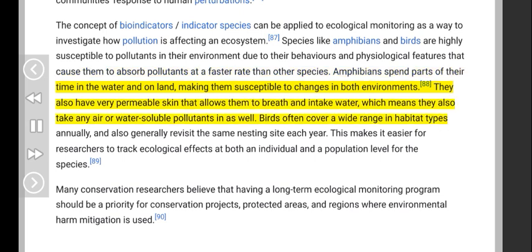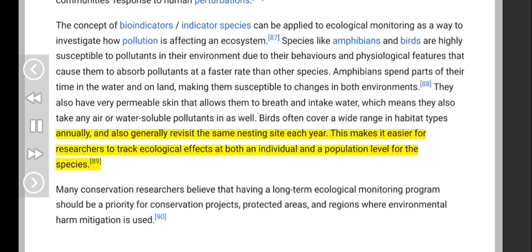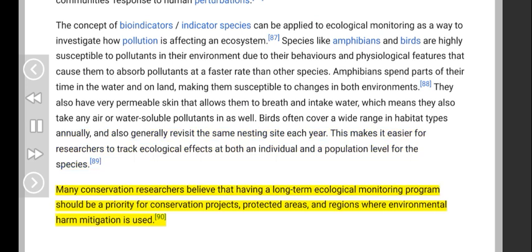They also have very permeable skin that allows them to breathe and intake water, which means they also take any air or water-soluble pollutants in as well. Birds often cover a wide range in habitat types annually, and also generally revisit the same nesting site each year. This makes it easier for researchers to track ecological effects at both an individual and a population level for the species. Many conservation researchers believe that having a long-term ecological monitoring program should be a priority for conservation projects,